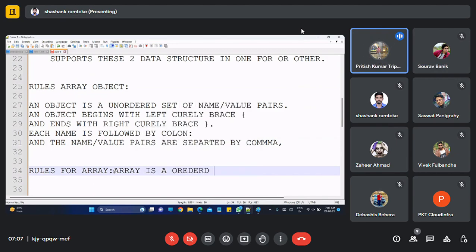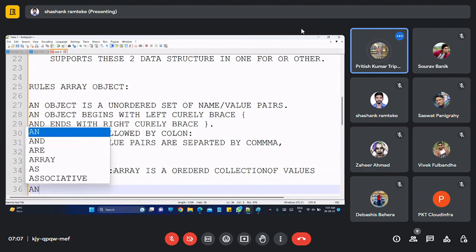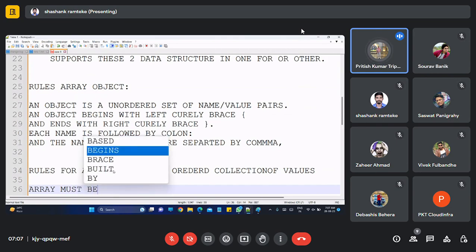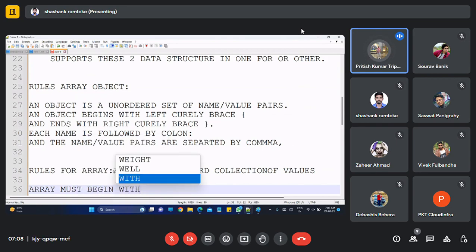Now the most important thing we need to focus on here: an array must begin with a square bracket.